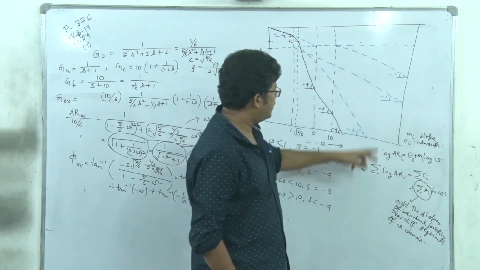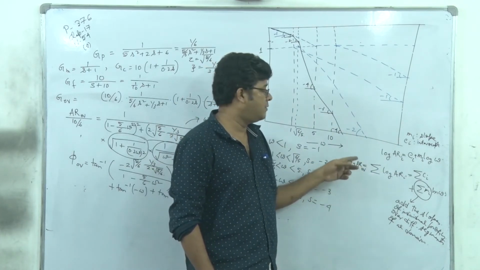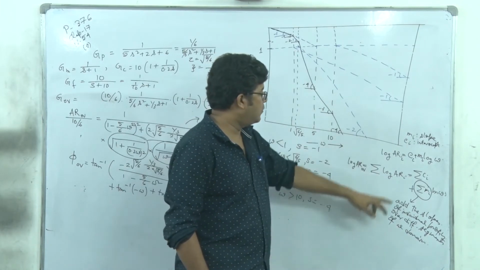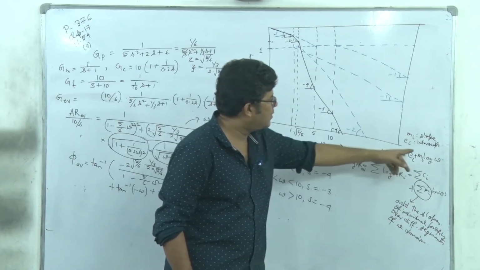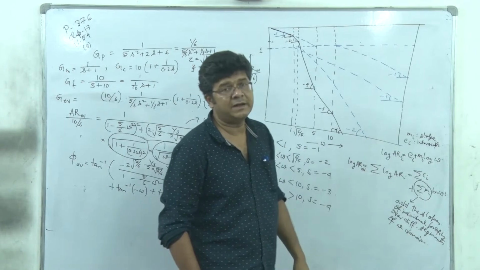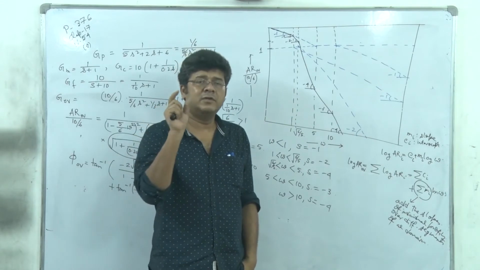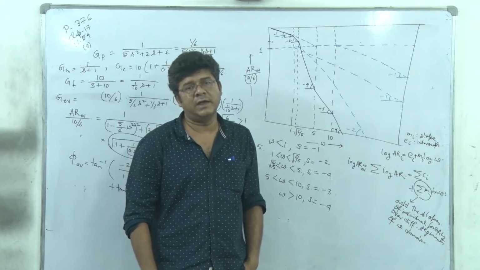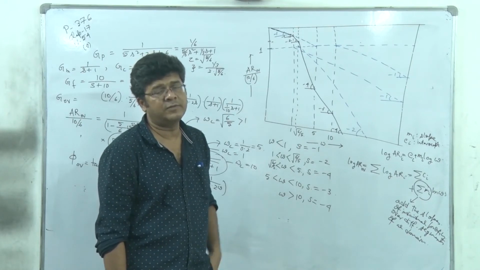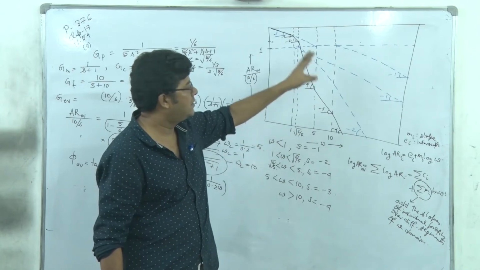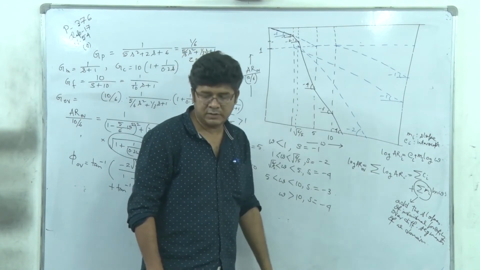So we'll get this. Now if I am superimposing, why am I superimposing? Because if I add log of ARi, actually we are supposed to get log of AR overall. So we have to add this, this means superimpose. So the intercept part is not important, but here log of omega, you see the slopes are being added. So individually, whenever the asymptote changes its slope, based on that, we will segment the entire omega domain, and over each segment we will go on adding the slopes of these profiles, right? The individual capacities. And what we did here, and from there we have drawn it.